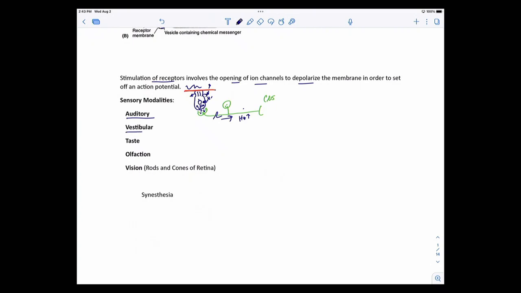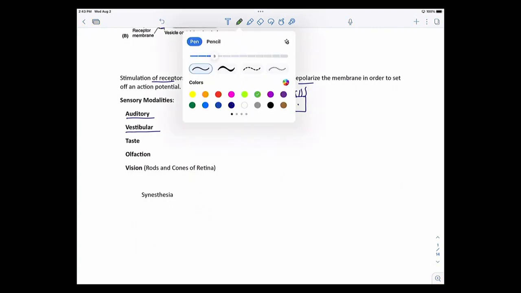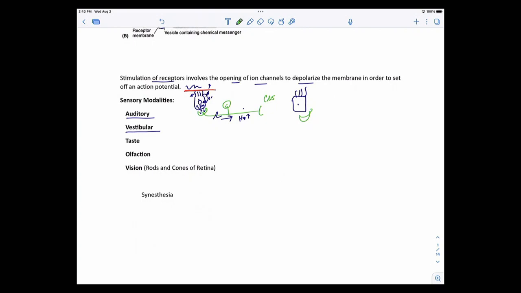And what you'll also find out is that your vestibular system works exactly the same way, except what you have is fluid in your semicircular canals, part of your vestibular system. So I'm just going to draw this again because it's the same theme here. I've got little hair cells here, and then I'm going to have my sensory neuron here, which again goes to the CNS. Except this time you have fluid here.